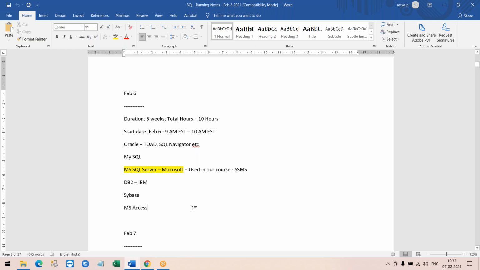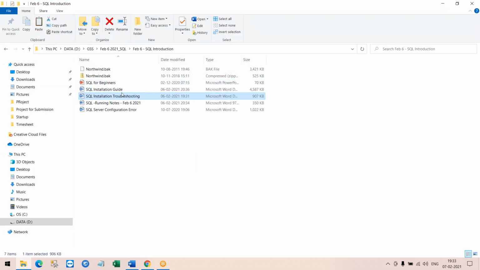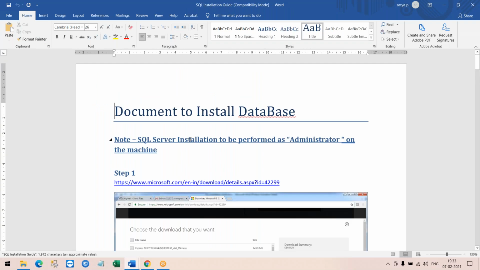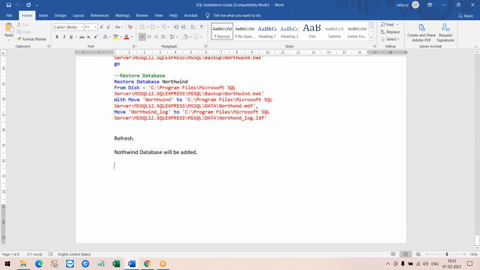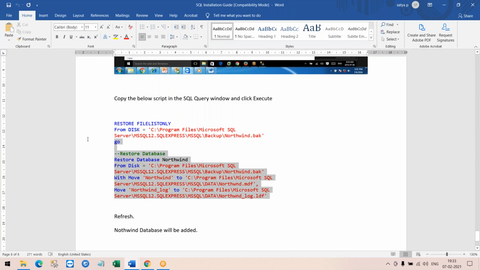You're not seeing the database even after you executed the script, right? Did you execute the script given in the running notes, the installation guide? Because I was confused where to run it, and when I put it in the window, it says error. Okay, you have to execute the script, and only then would the Northwind database be shown. We'll go through this after the class. Minzul, we can talk about it as well.